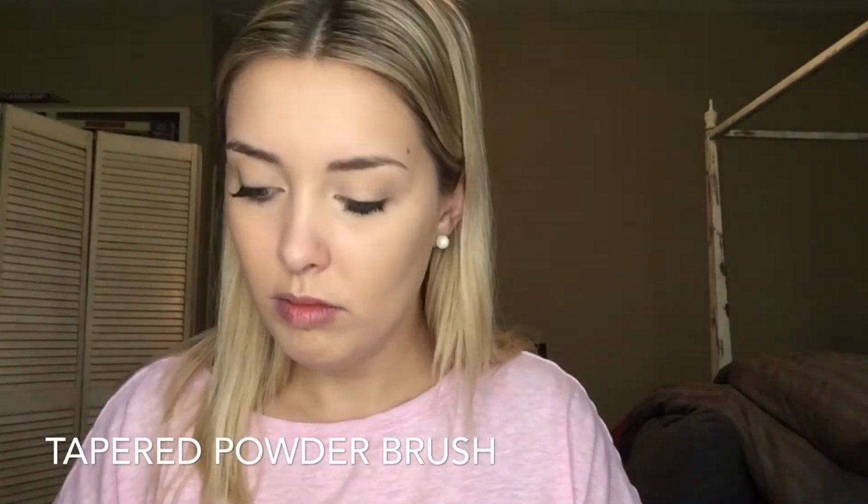And then next I'm going to use the all over powder brush and just put that powder all over the face, setting my foundation so it doesn't move throughout the day. And it also really helps if you have oily skin to suck up that oil and make your face feel better. Next I'm using the tapered powder brush to put some bronzer on the cheekbones to add some depth and